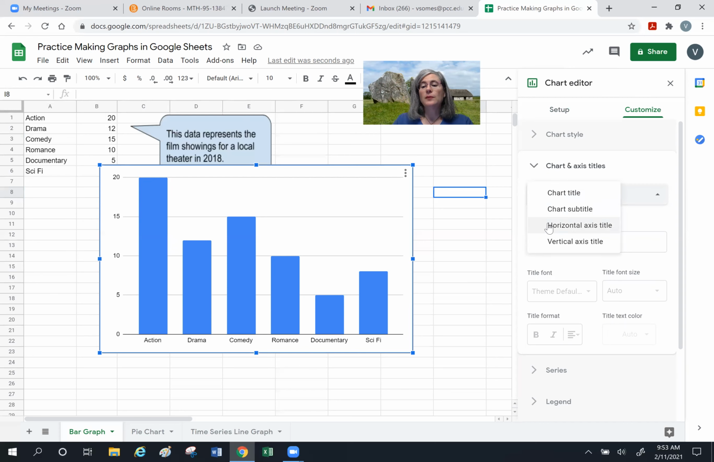We could have a chart subtitle, a horizontal axis title, a vertical axis title. We don't really need a subtitle, but I definitely want an overall title for my graph. So remember what this represents, and I can click here to put in the title text. This is representing film showings. So I'll put film showings for a